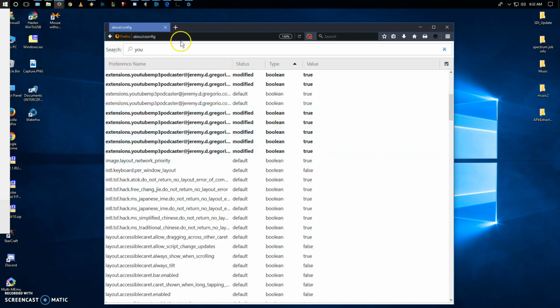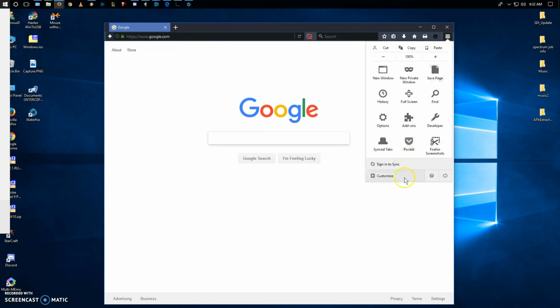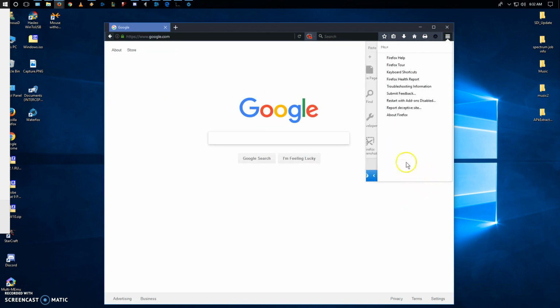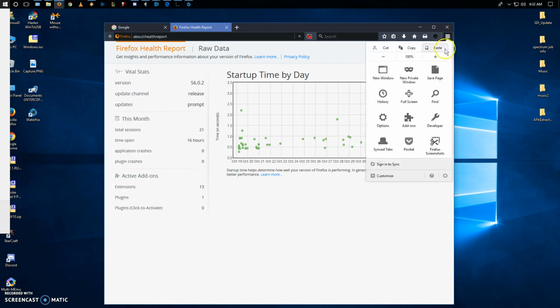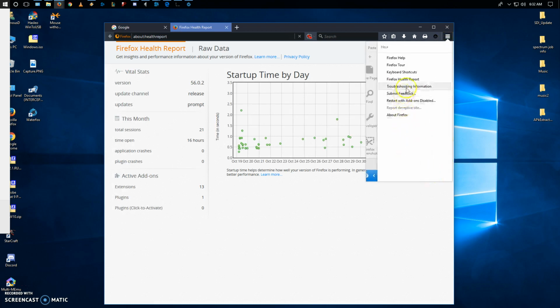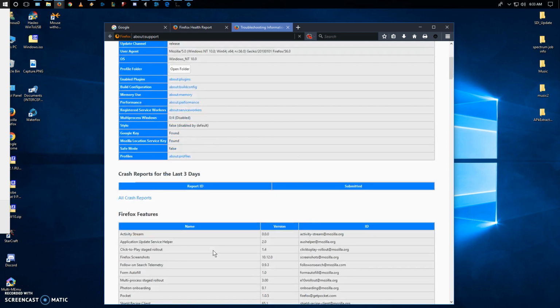Then once you're done doing that, go to home. Come to the question mark in Firefox, and you're going to go to Firefox Health Report. Turn off data sharing. Go back to troubleshoot information, and what you're going to want to do is